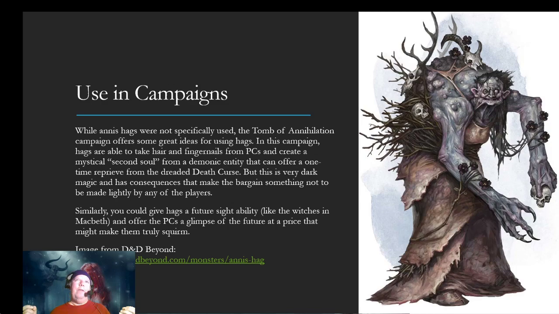If the PCs would give them a bit of hair and some fingernails and maybe a few drops of blood, they could perform a ritual that would implant a second soul, a soul of a damned creature, inside the body of the PCs. What that would do is the first time the PC actually died, instead of the PC's own soul being affected by the death curse, this soul of this damned person would be affected by the death curse, and the PC could be revived. That sounds like a great deal. But of course, because it's Hags, it wasn't a great deal at all, and there was a strong supposition,